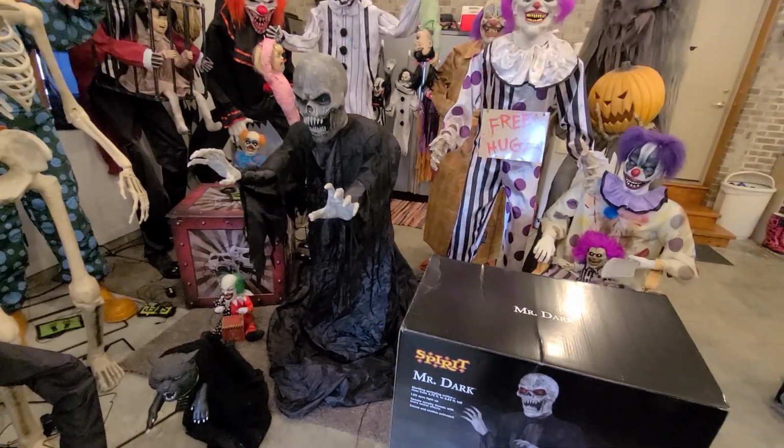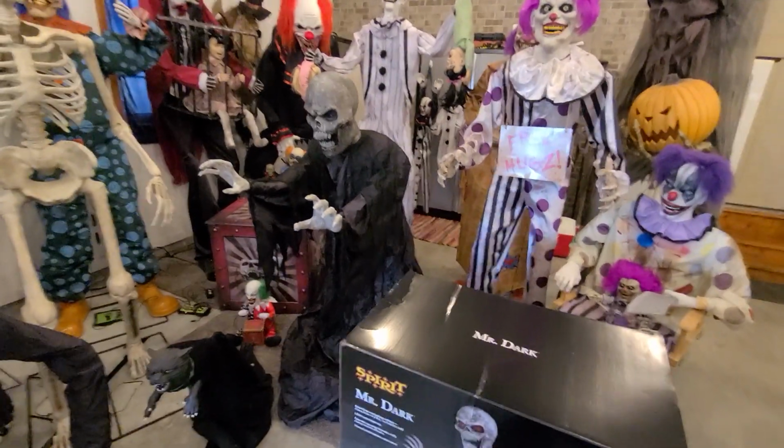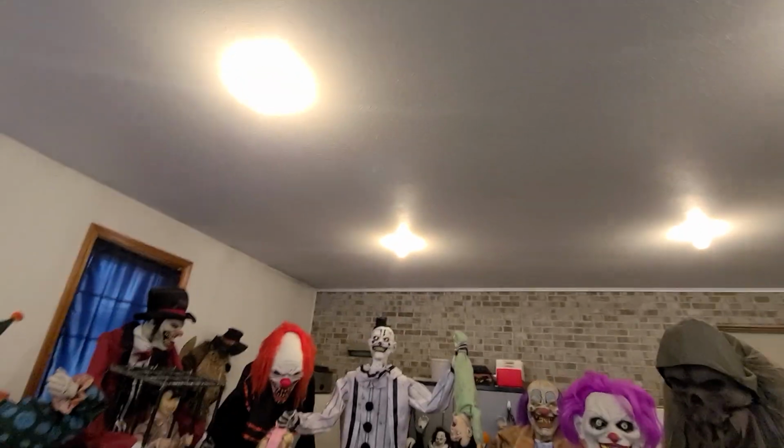We did have him in the house first, where our ceilings are taller, and he didn't hit anything. He was perfectly clear of everything. But I will warn you that out here, not when he jumps up instantly, but when he shakes and moves around from the force of him jumping up, the back of his head does bang against the ceiling a little